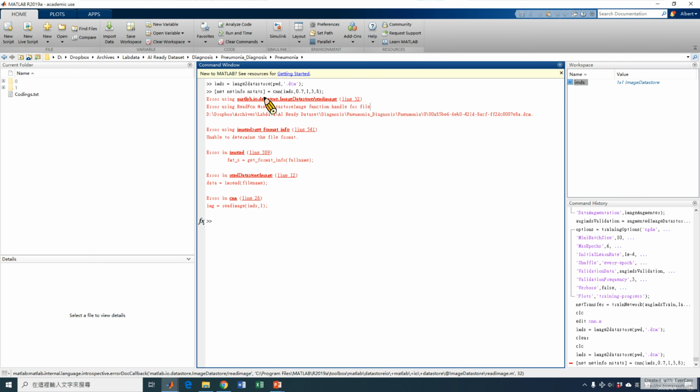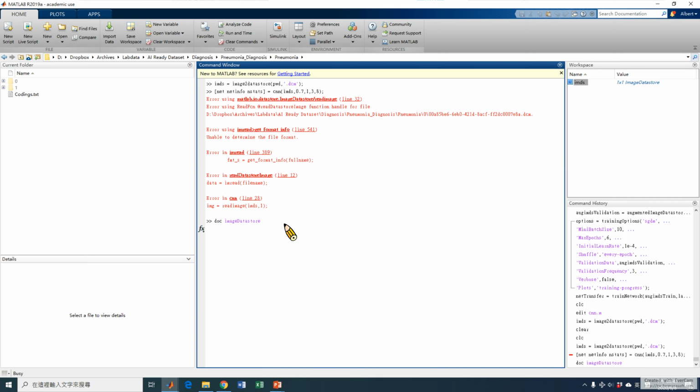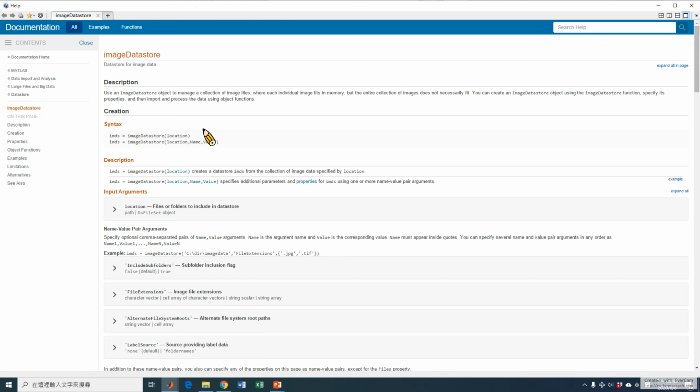So it means that we need to change our read function for our data stores. So what does that mean? Let's take a look. For example, if we look at the documentation of the image data store function, then you can see that